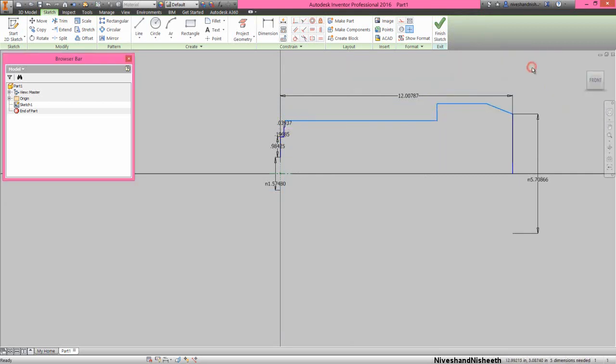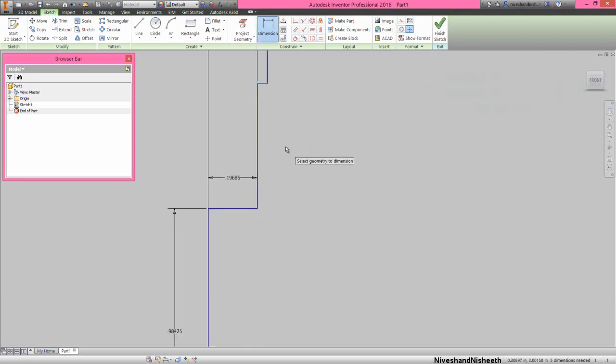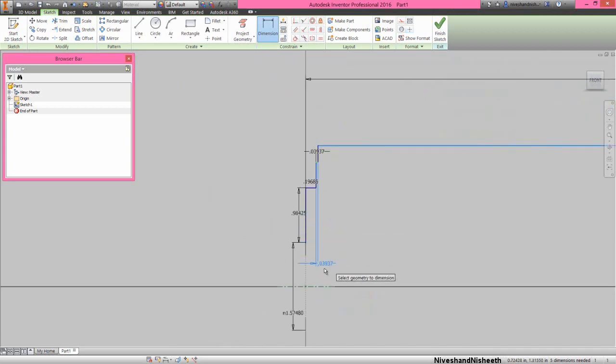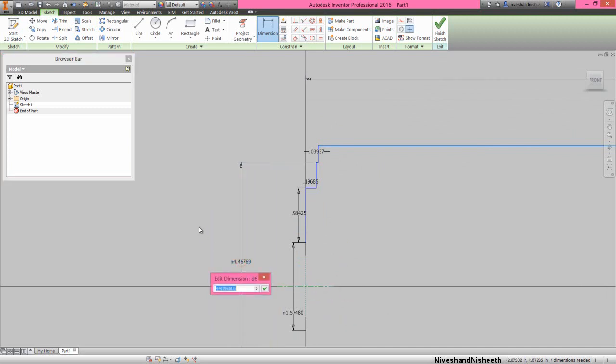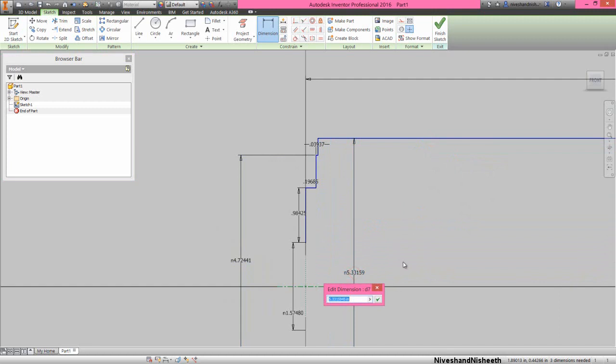Now my sketch looks like this. Select this line and center line and set the dimension 4.72 inches. Now select this line and center line and set the dimension 6.14 inches.